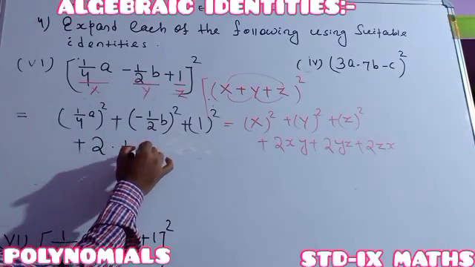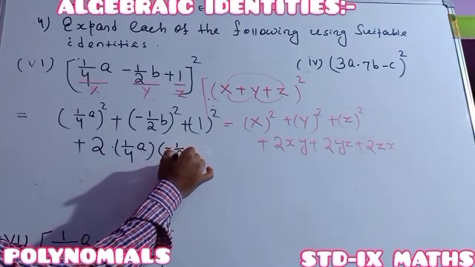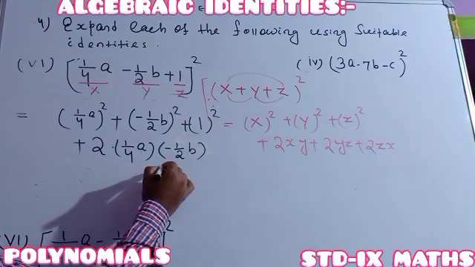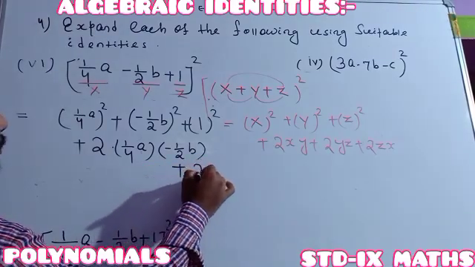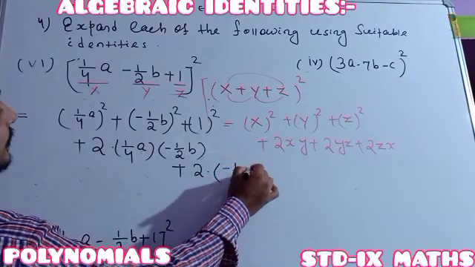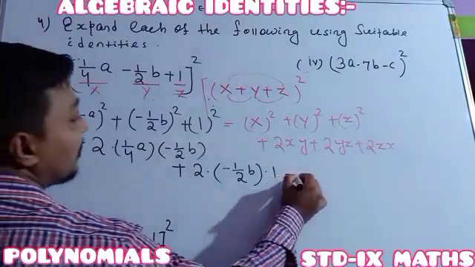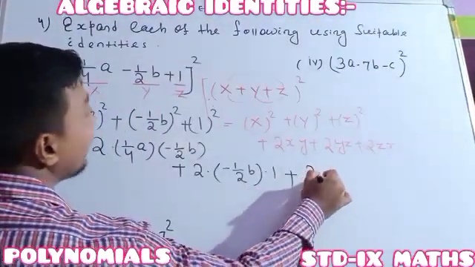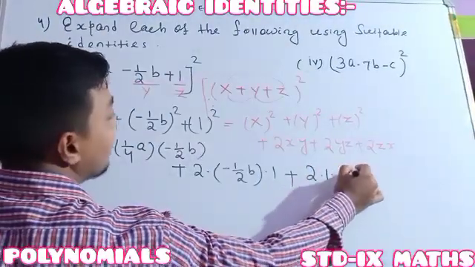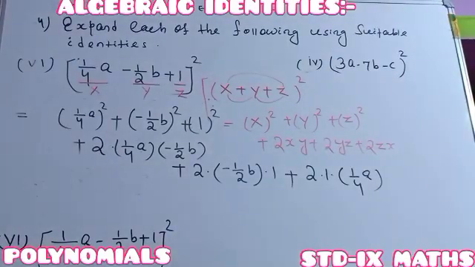First one it is 1 by 4a and second one it is 1 by 2 minus 1 by 2b. First and second. Then after plus 2 into the product of the second and third. Second it is minus 1 by 2b into 1. And the last term in the expansion form it is 2 into the product of the last and first. Last it is 1 and first it is 1 by 4a, which is equal to, then after you just